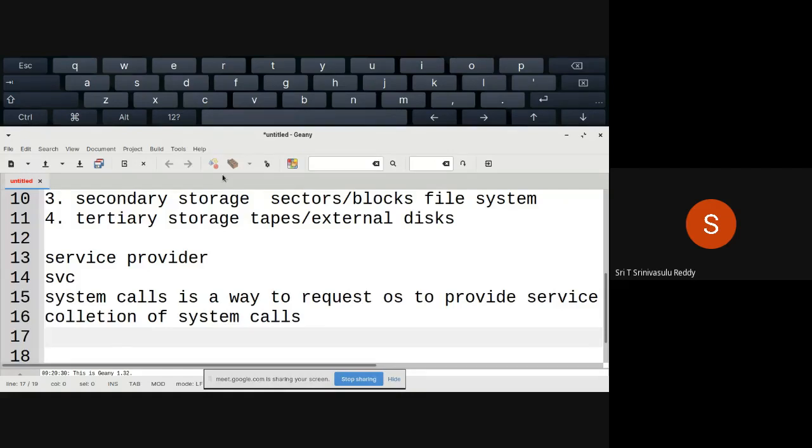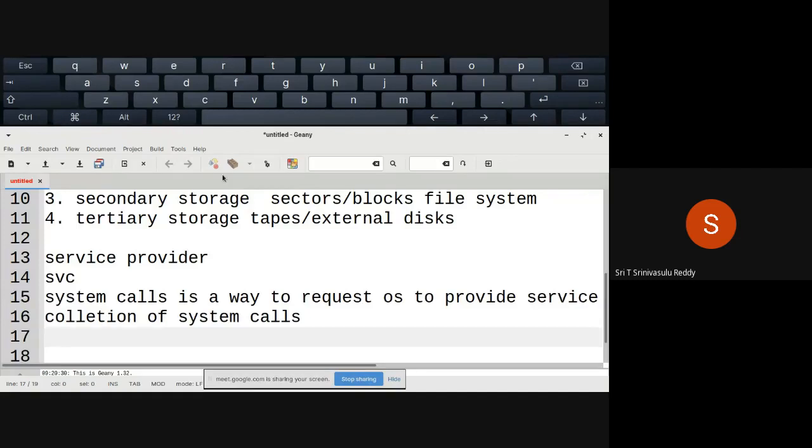A program may contain a number of functions, out of which there may be one main function, which is the starting point of running that program. From there, other functions can be called. So a number of functions in C language have been developed, and those functions are called system calls in the operating system.